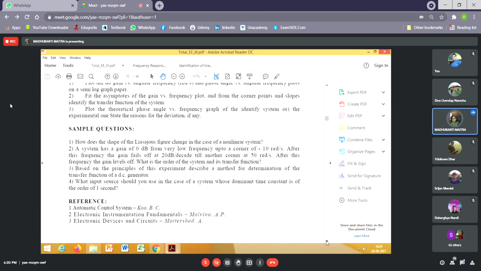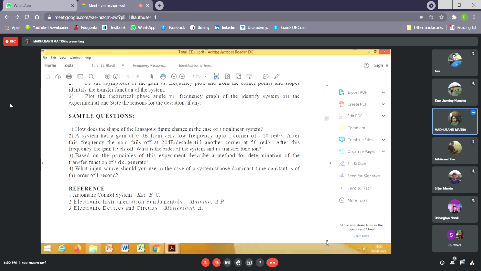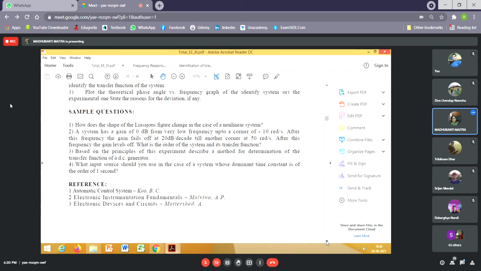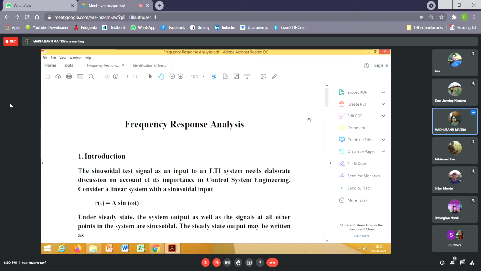Another book is very important for this experiment. That is a book by Shahani, and the book is on measurement. Anyway, since we are not accessing the library, we cannot get it. But if possible, try to find out whether e-copies are available or not. I'm not pretty sure. Now, the experiment is based on frequency response analysis.